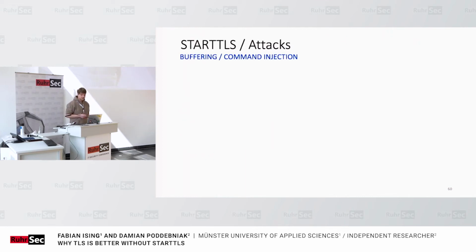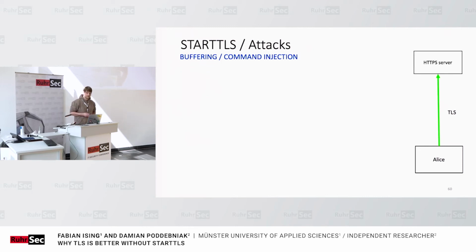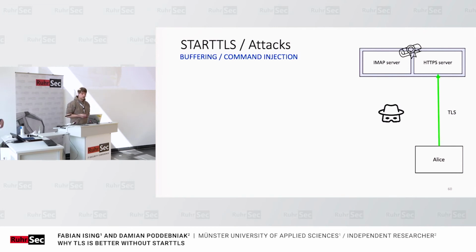So let's consider that case. Again, we assume that there is a user Alice. And she will do implicit TLS, no STARTTLS involved at all, to communicate with an HTTPS server. And we also assume that inside of this structure, there is also an IMAP server that shares the same TLS certificate with the HTTPS server. And now we also have our attacker, which first gets a hold of the connection. And then, instead of directly proxying Alice's connection to the IMAP server, the attacker will first prime the IMAP server towards a certain state by using the command injection.